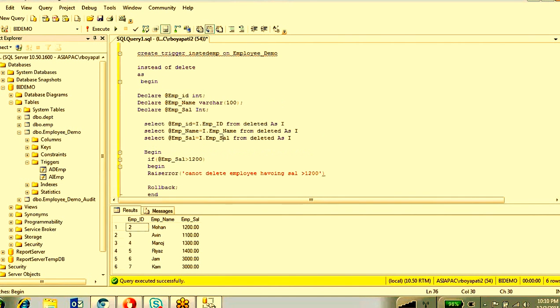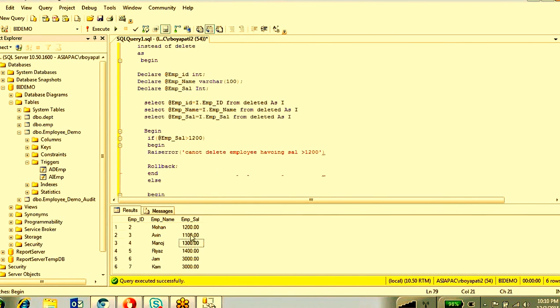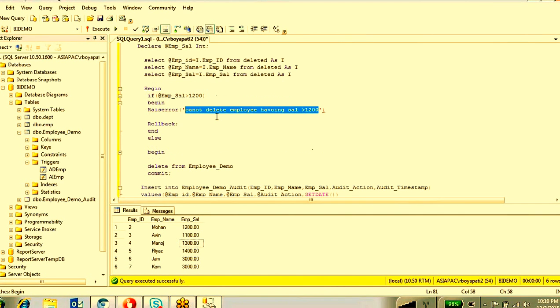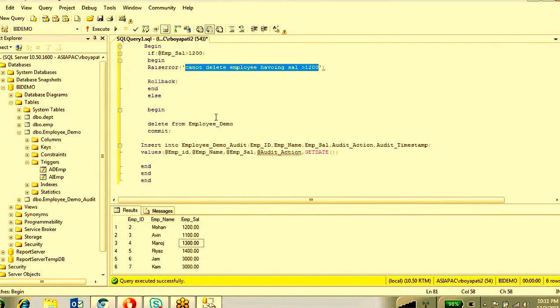Right, so our condition is about whatever record you are going to delete. For example, if you are going to delete employee number 4, Manoj, this person has a salary of 1300, so it is greater than 1200, right? If you try to delete this record, this trigger will automatically fire, and it will tell you that you can't delete this Manoj record because his salary is greater than 1200.